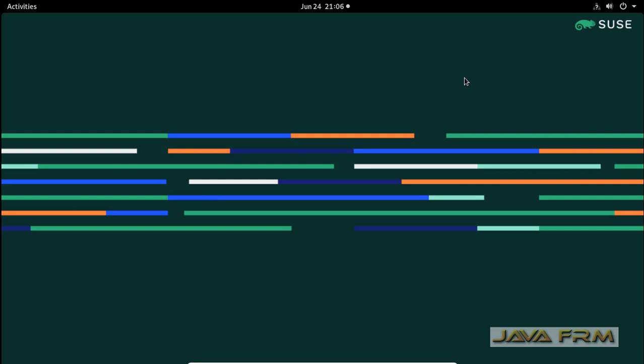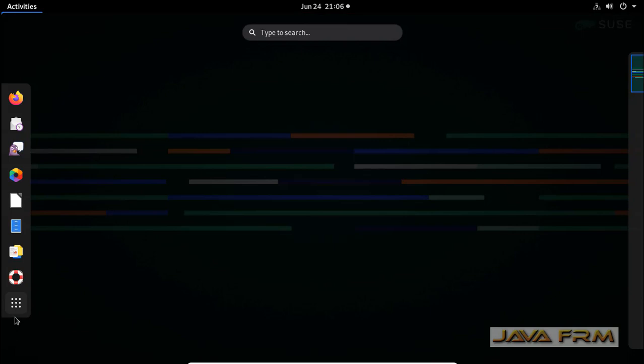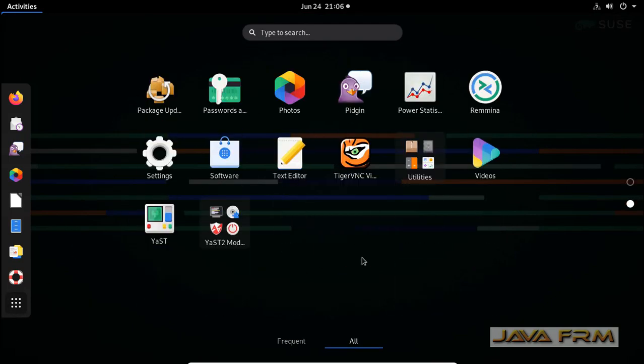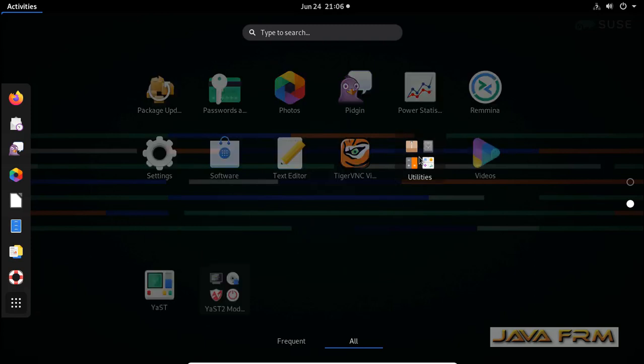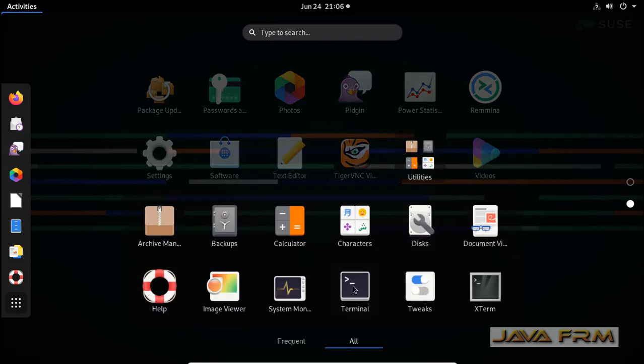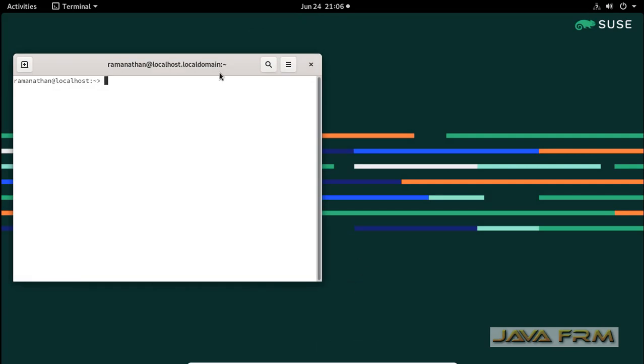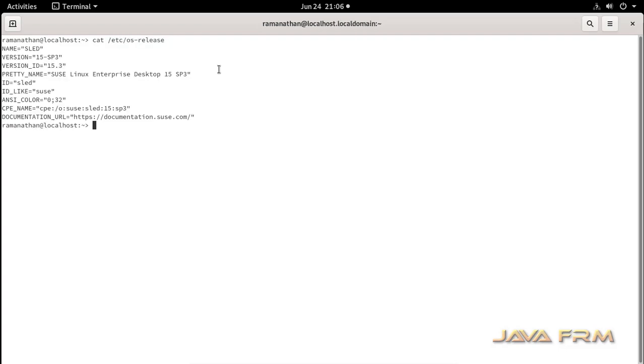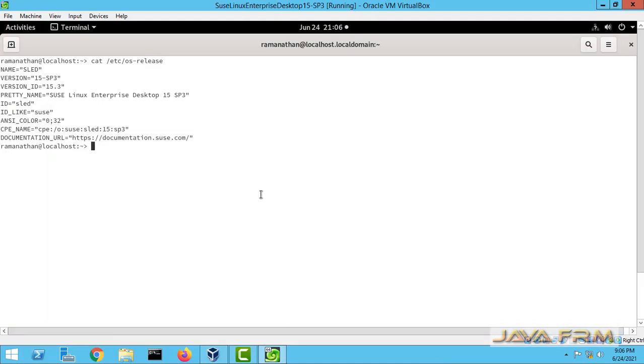So I have restarted the virtual machine. You can see that screen resolution adjusted automatically. So I can view the enterprise desktop in full screen. So it is adjusted automatically. So now let me open the terminal. So I am going to execute some command, and then I am going to copy the terminal output to the Windows host machine.